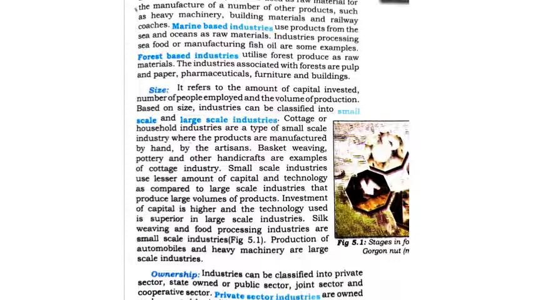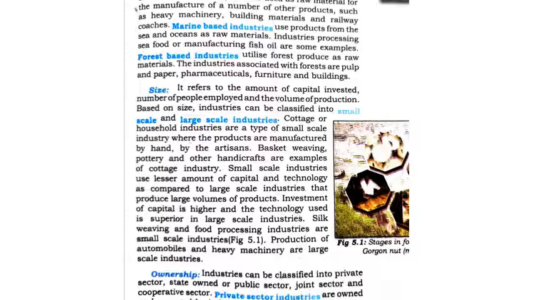देखो बुक में क्या लिखा हुआ है कि cottage or household industries are the type of the small scale industry. These are the examples of the small scale industries where the products are manufactured by hand. हाथ से बना होता है. स्मॉल स्केल इंडस्ट्री में ज्यादा से ज्यादा हाथ से बना होता है by the artisans, just like the